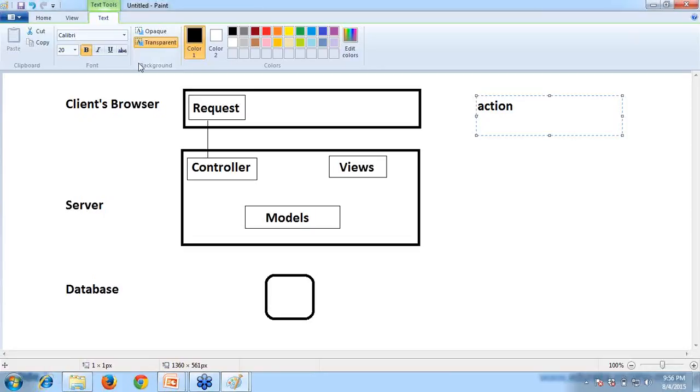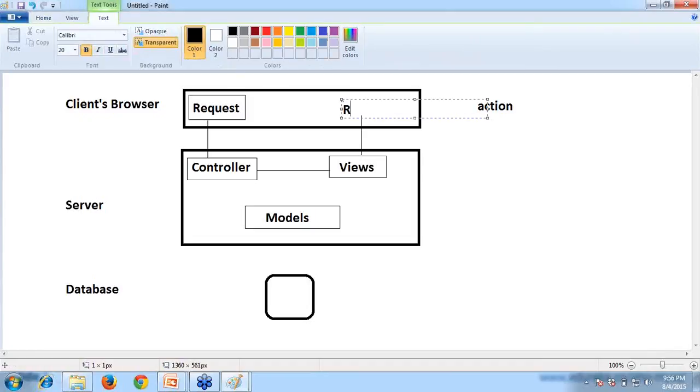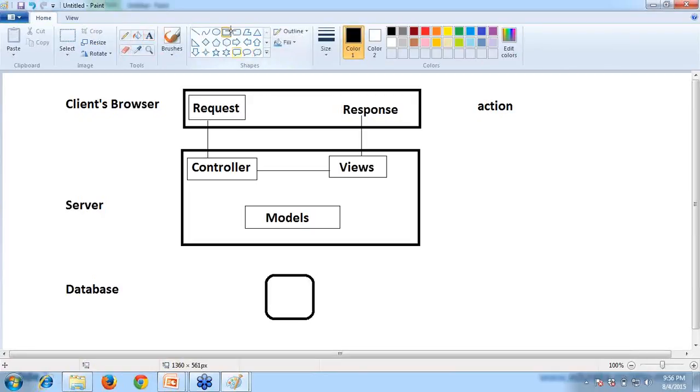The controller will forward the request to the corresponding view, normally the first time. So the first time the client is sending a request for the login page, like login.html. The request will come to the controller. The controller will understand the request of the client and forward it to the corresponding view. The view will give the response back to the client. This is the response, and it is nothing but the login page.